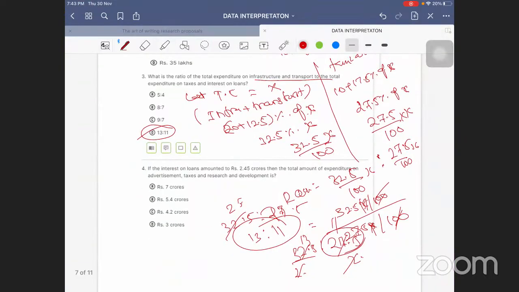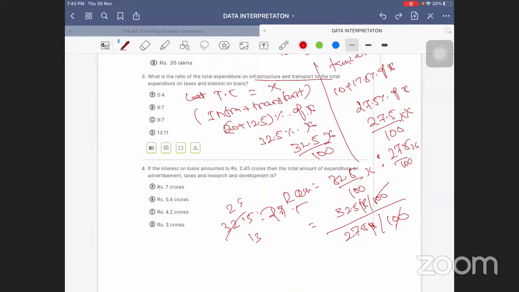So next is the fourth sum. If the interest of the loan amounted to Rs 2.5 crores, then what is the total expenditure on advertisement, taxes and research and development? So interest on loan, like we know, let us consider the total expenditure is X. So from this, interest on loan